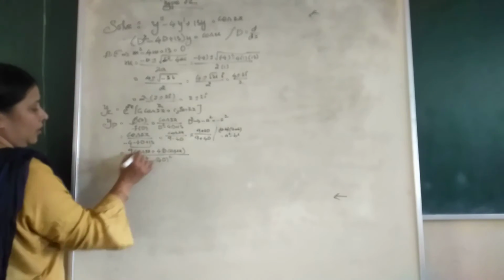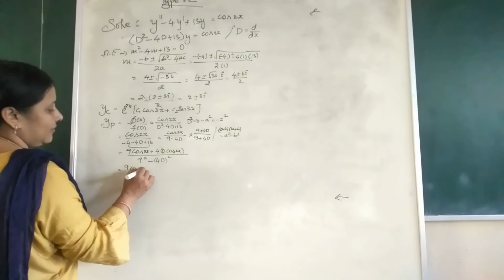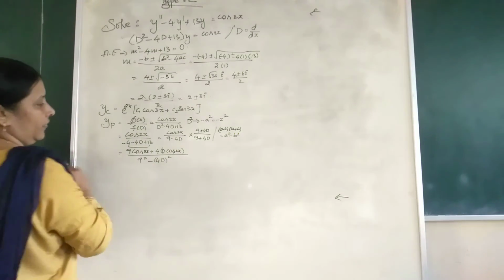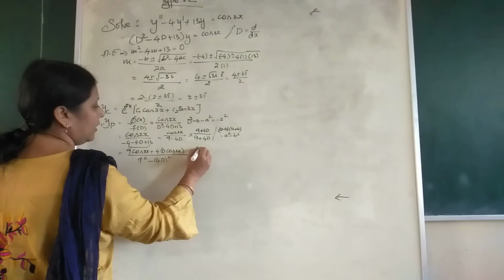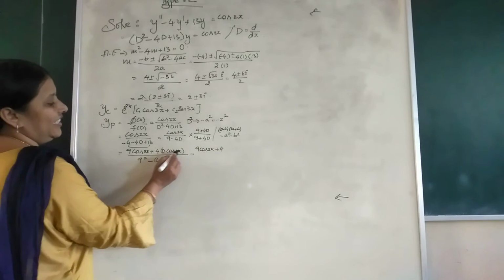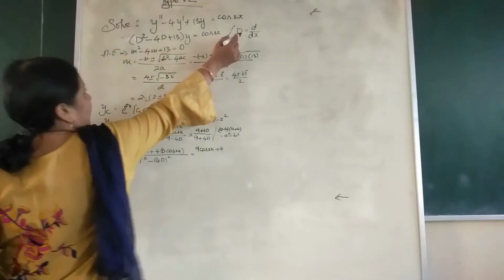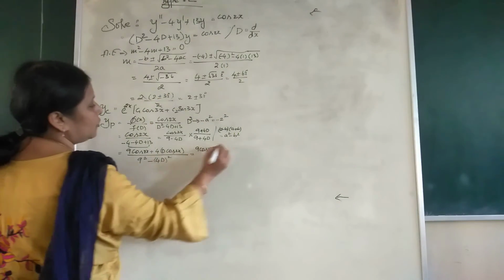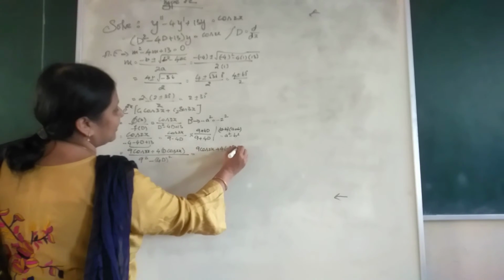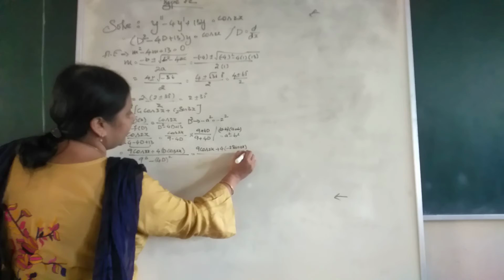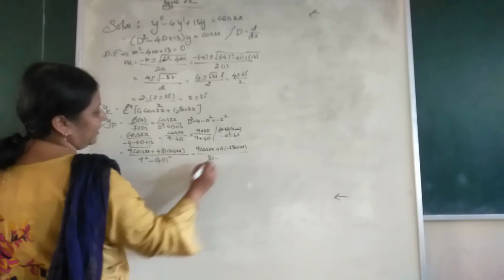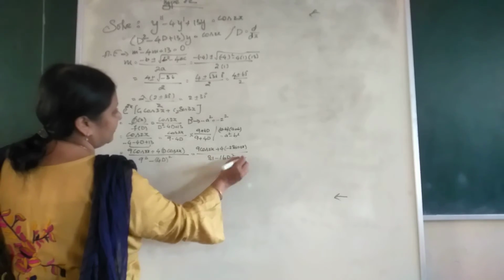This is equal to 9 cos 2x as it is, absolutely no change. 4 as it is outside, D cos 2x. D is d by dx, that is the derivative of cos 2x. What is the derivative of cos 2x, guys? Minus 2 sin 2x. Whole divided by, the denominator is going to become 81 minus 4 square D square, that is 16 D square.